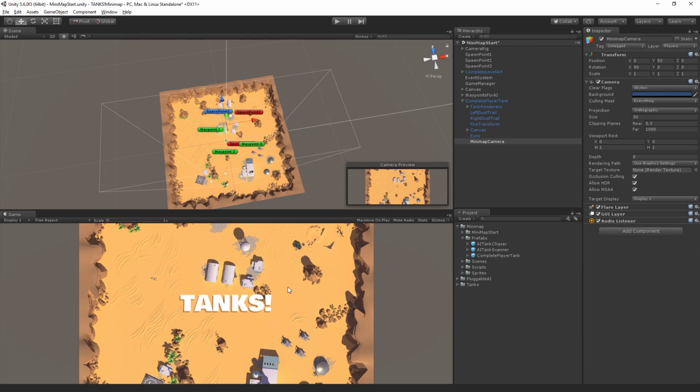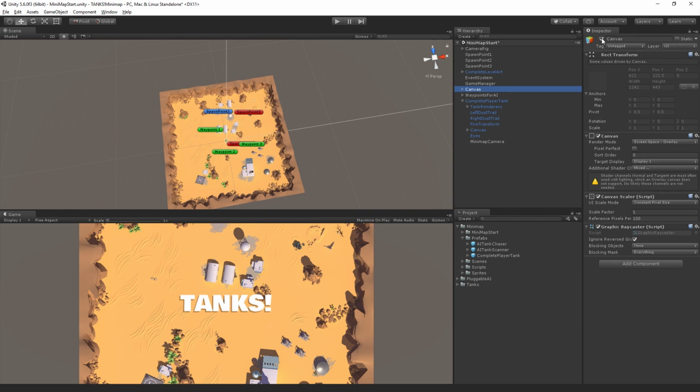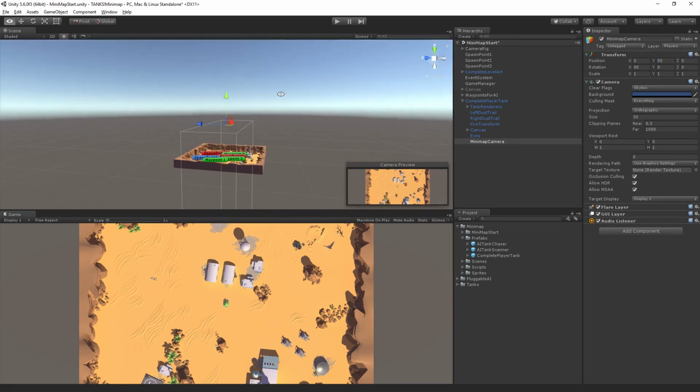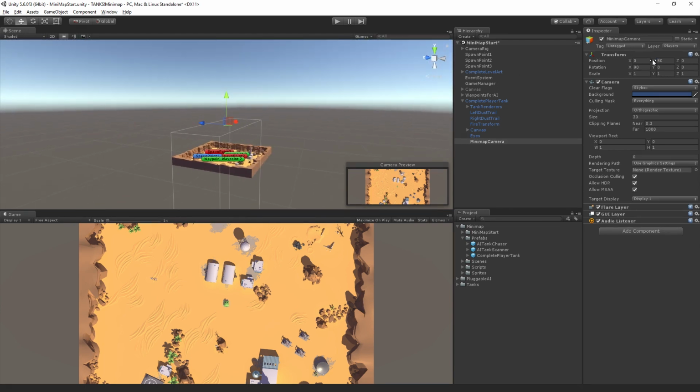Now, we have a canvas that's currently turned on. I'm actually going to temporarily turn it off. We'll turn it back on later, but just so we can see the unobstructed view. So we can see we have this tiny tank in the middle of the scene. Now, I just want to demonstrate something interesting about orthographic cameras. If we move this camera up and down, let's set the scene view so we can see it move. If we move this down, notice that the game view does not change,